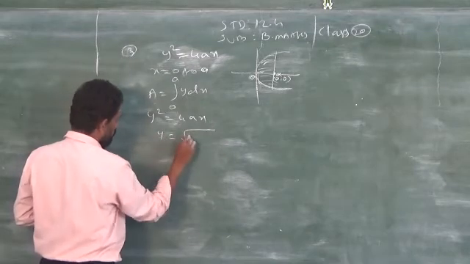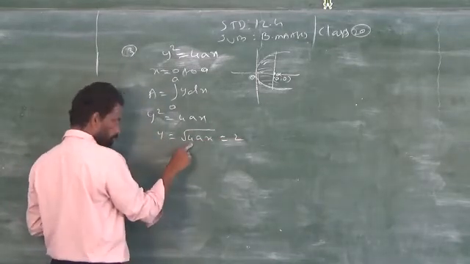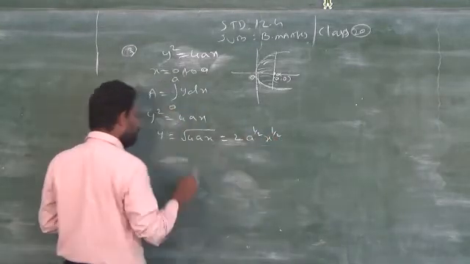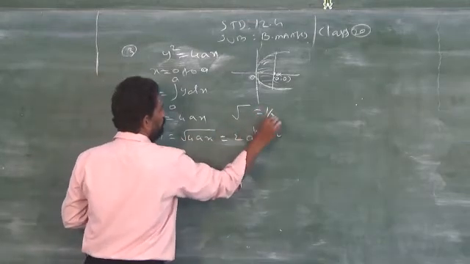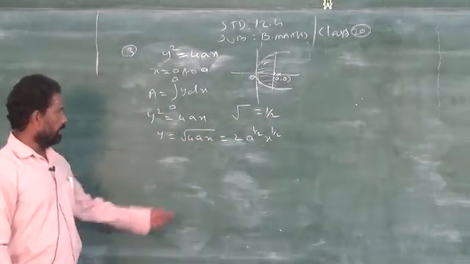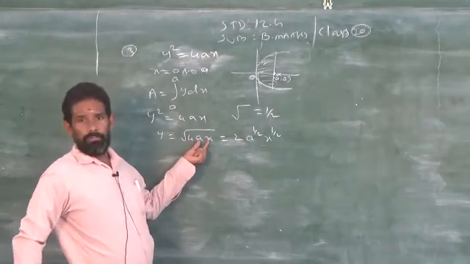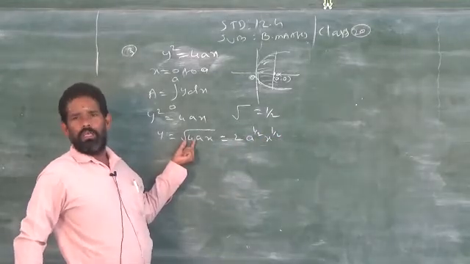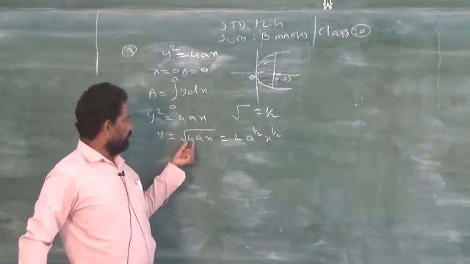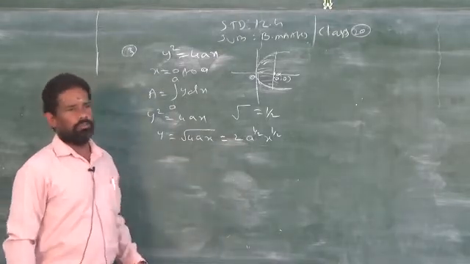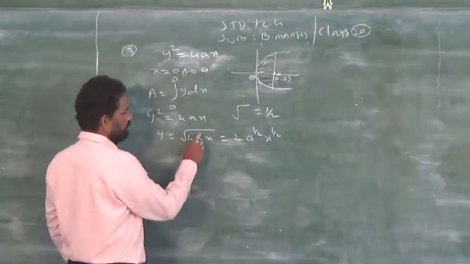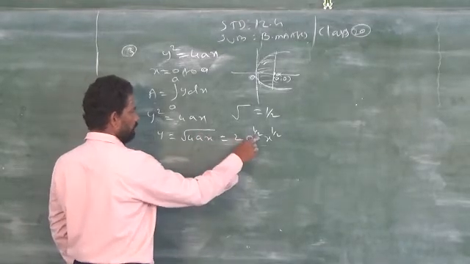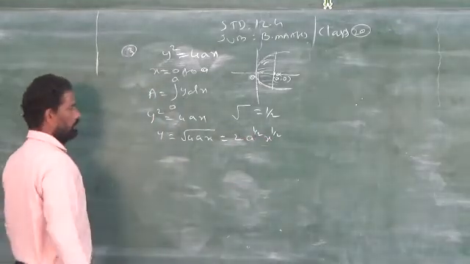So, y is equal to square root of 4ax, which will give you square root of 4 is 2, and a power 1 by 2, x power 1 by 2. You cannot take a and x as perfect squares, so you have to take them as it is, power 1 by 2, 1 by 2. But the number 4 is a perfect square number, so the square root of a perfect square you can easily get, that is 2. If there is a square, then you can write only a. There is no power for a and x, therefore you have to write them as power 1 by 2, 1 by 2.